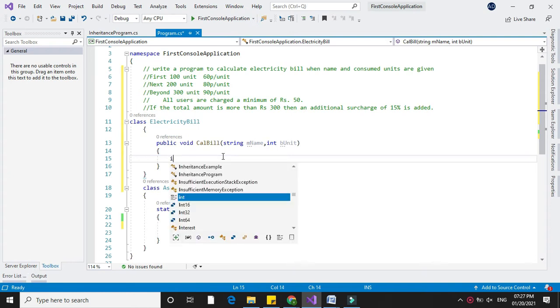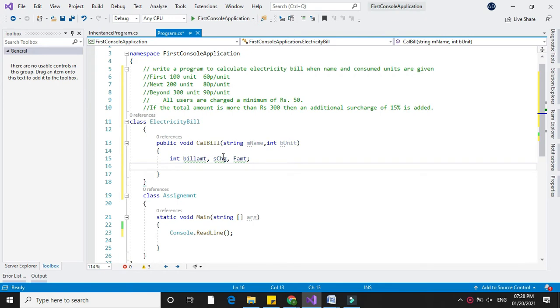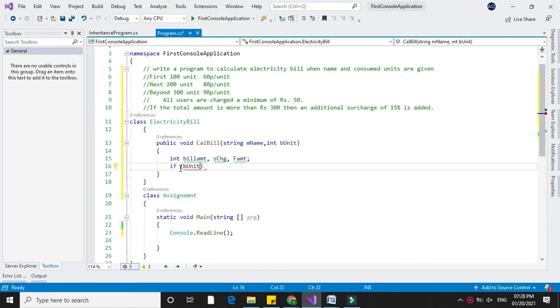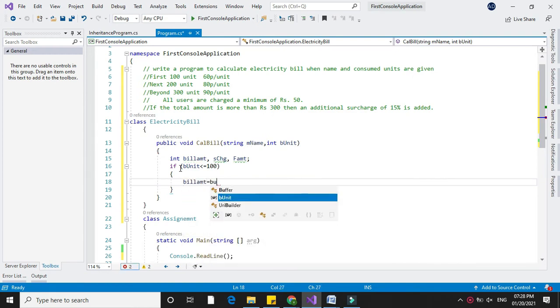So for this we will declare three variables: bill amount, surcharge and final amount. And now we will check the conditions. First condition is if bill unit is less than or equal to 100, then bill amount equal to bill unit into 0.60, since for first 100 units the rate will be 60 paisa.